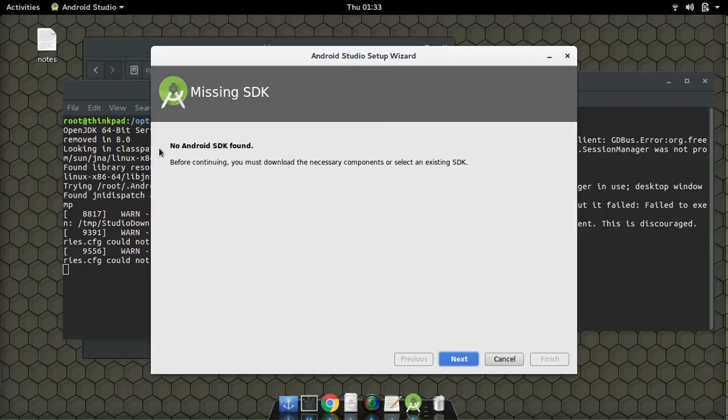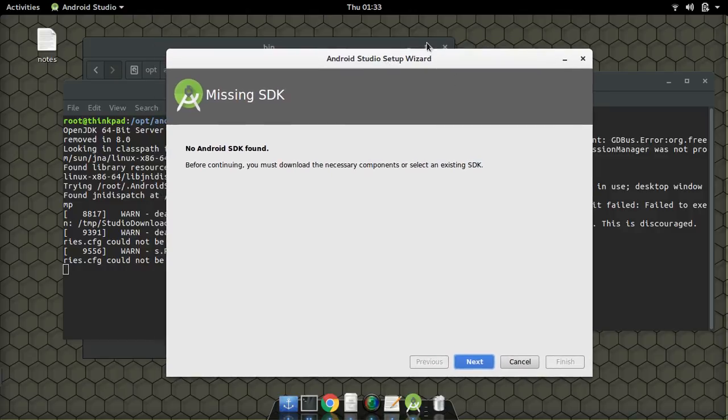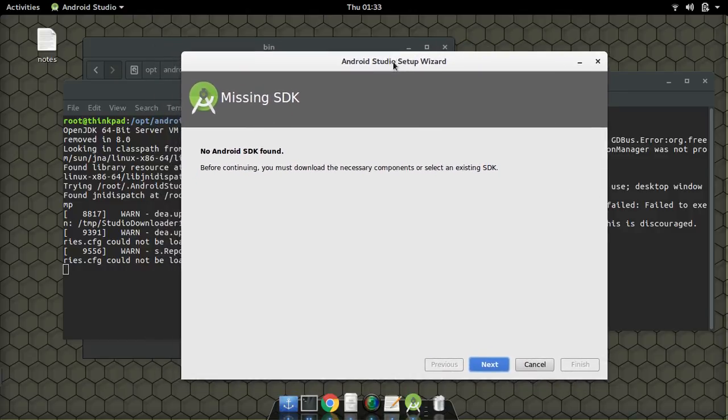It's telling us there's no Android SDK found because we haven't installed one. You might be greeted with something else asking if you want to import prior settings. In case you get that, just select the second option, which is no, you don't have a prior installation. It's giving me this option because I've tried to install prior to recording, which is why it's telling me I have no SDK. If you get this or the other one, just follow through and press next or